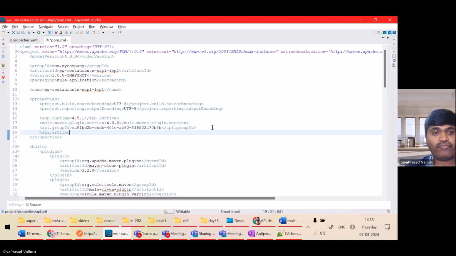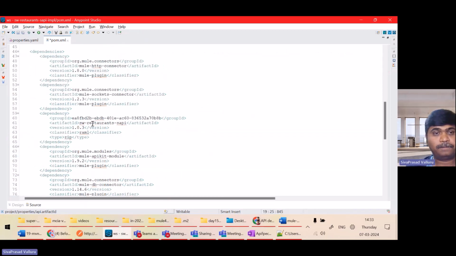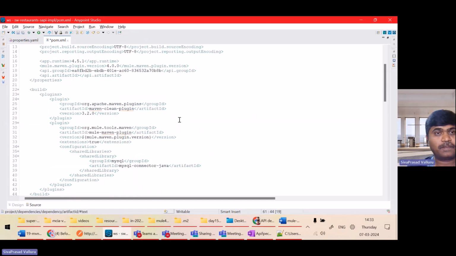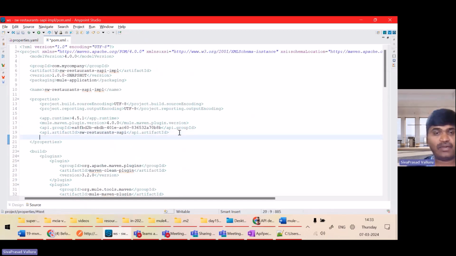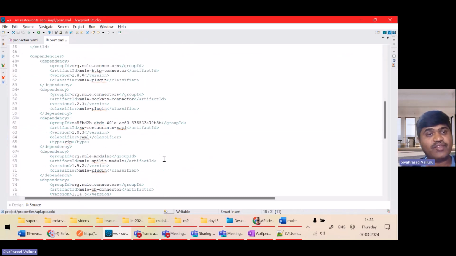API.artifact ID. This is a one. API.version 1.0.3. So now what I have to do is, instead of hard coding the values here, I will use a